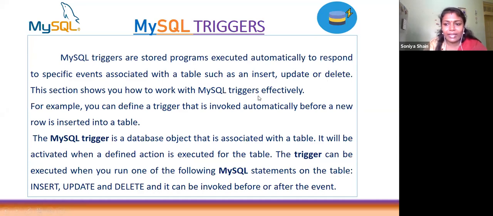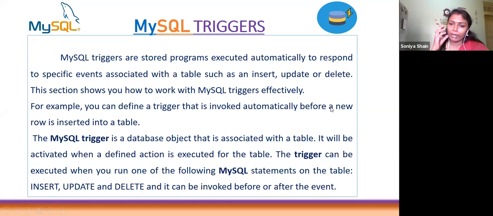When you do these events, some stored programs will execute automatically, which you implement inside the trigger. For example, you can define a trigger that is invoked automatically before a new row is inserted into a table. Like that, we can do many cases.